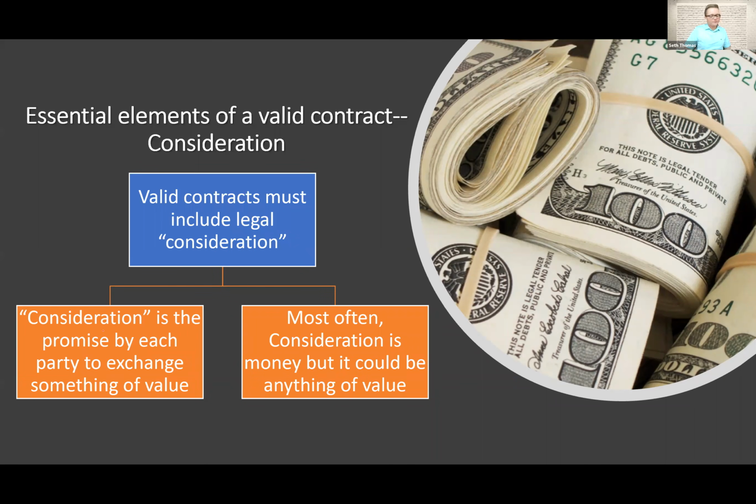So let me give you an example of what would not be a valid contract in North Carolina. Sierra signs a contract with Jonas promising to give him the real estate located at 114 Heidinger Drive. I don't care how much they write it down, how much they sign it. They could get it notarized. They could sign it right at the courthouse. That is not a valid and enforceable promise in the state of North Carolina, because I said Sierra promised to do what with the property? Give it to him.